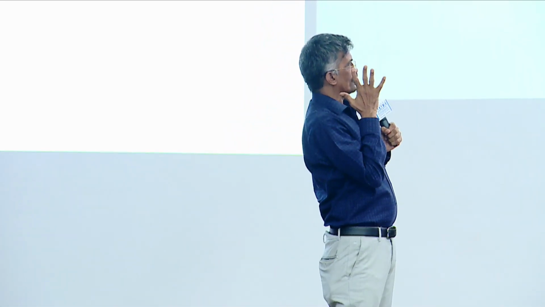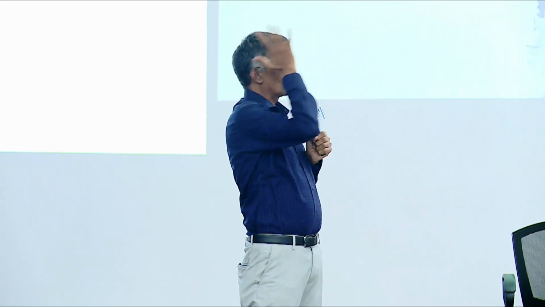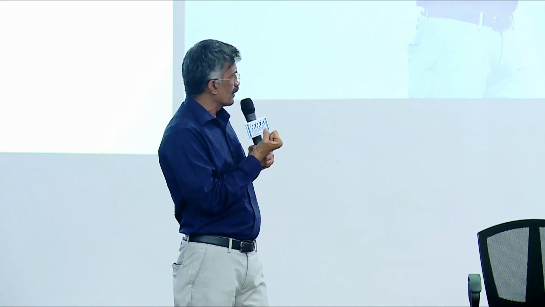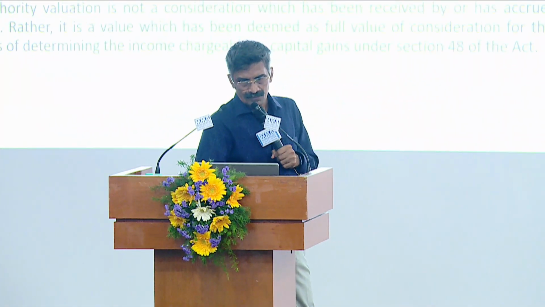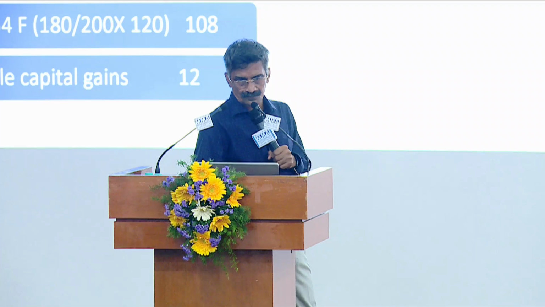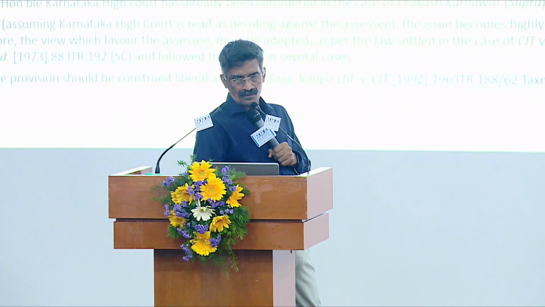Once you are subject to 56.2, then the cost of acquisition will be the amount considered for the purpose of IOS. What is the amount considered for IOS? 180. So if you can take in the denominator 200, which is a deemed consideration, the numerator should also be only on the base of deemed value. You cannot have 150 by 200. Just to convince you, I'll take you to the 49.4 extract on this particular point. Now this is 49.4. Now we have to see what is there in 49.4 to appreciate this particular point.